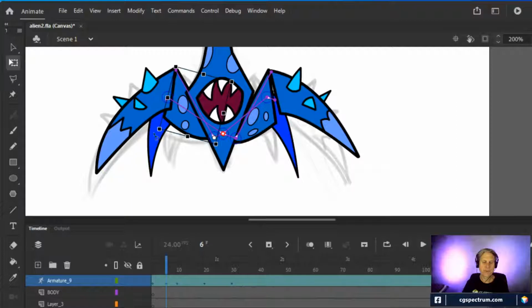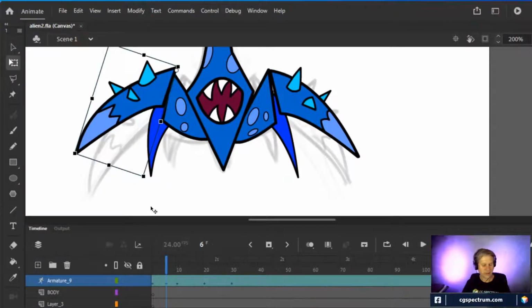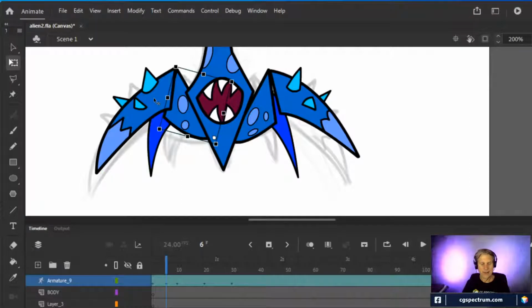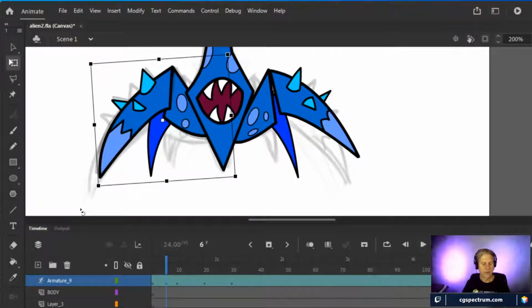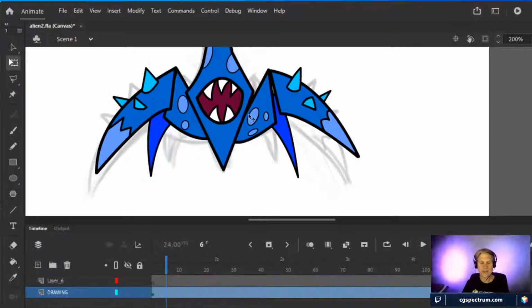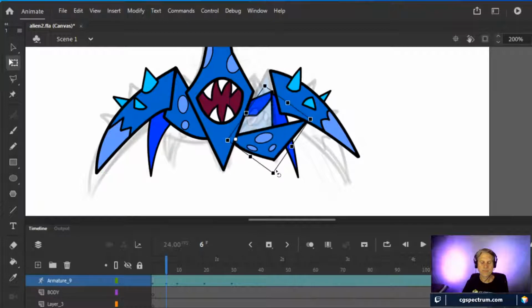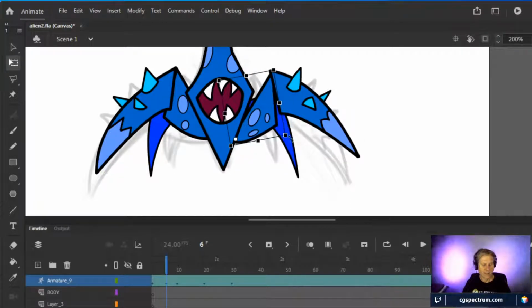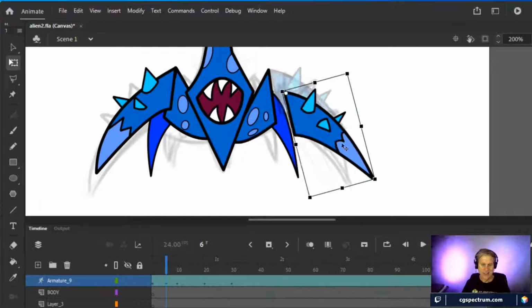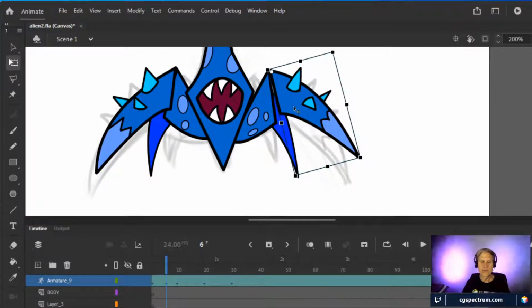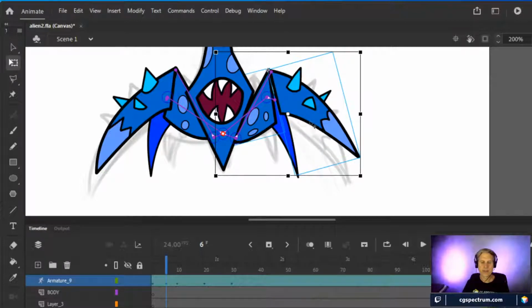So if I grab this one, I'm rotating the joint like so. And if I grab this one like so. Now, again, I know that there's a way to set up hierarchy, but I think you just select them. And that doesn't look right at all. Maybe what I decided with this was I was never going to worry about whether or not they were connected. I did this a while back, so I can't remember exactly how I set it up, but I know there's a way to set it up so that the legs follow each other. I just don't remember how I set it.